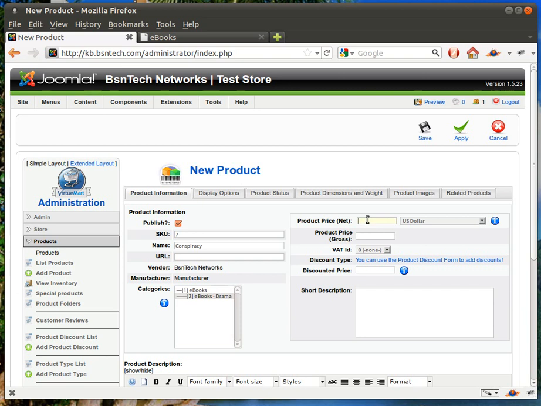Choose the product price that you're going to be selling this item for. So I'm going to say $15. The product price gross is automatically filled in. Now, you can also set discounts on your e-commerce website as well. We aren't going to go into that in this video, but if you had product